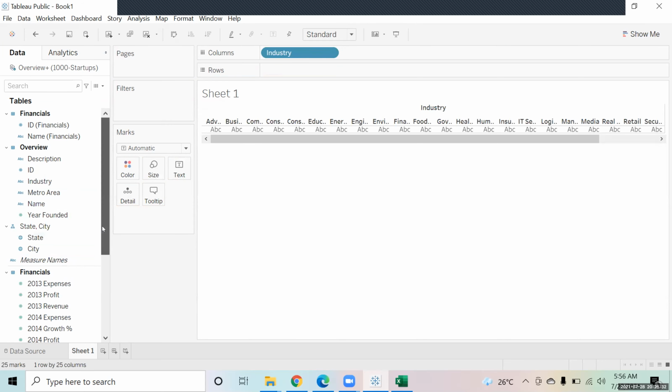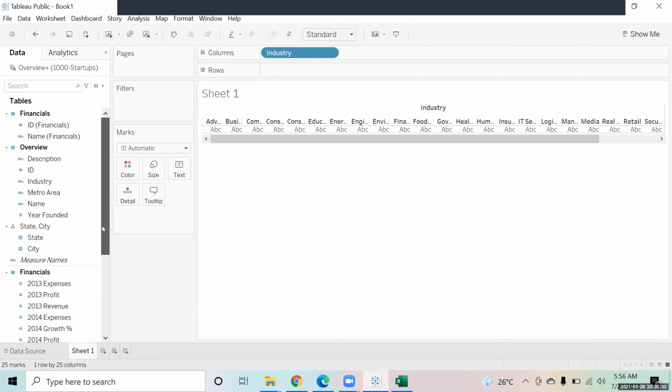So now this is what is called a group. Now in the grouping, if you right click and edit the group, you can make multiple groups also, right? Suppose you want to make another group where you want to combine, let's say, insurance and financial services. So you can select the two and you can say group, right? And click on apply and okay. So you will have two groups now.